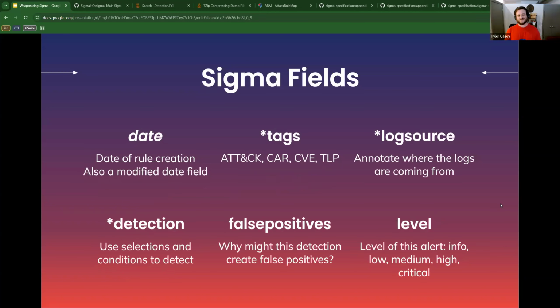And then more fields. Some more fields we have are date, tags, log source, detection, false positives, and level. So the fields that have an asterisk next to them are the more nuanced ones I was talking about that have their own slide. We'll go over those next. And some fields on here that I do want to talk about quickly are the false positives and the level fields. So some examples for a false positive would be like administrators may use this command for server maintenance, updates,